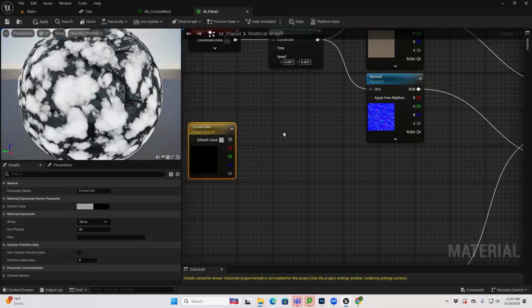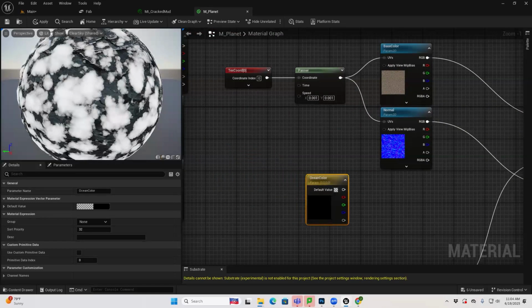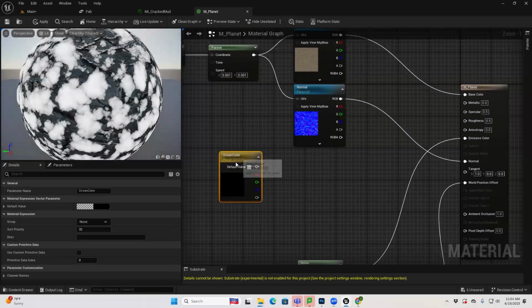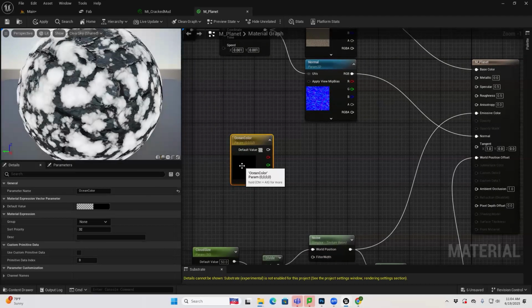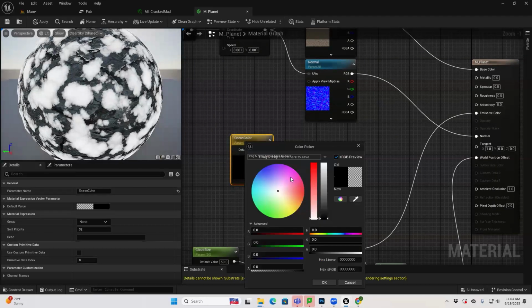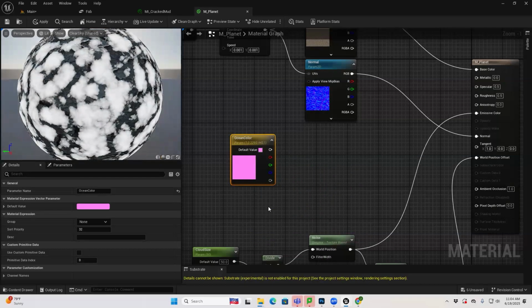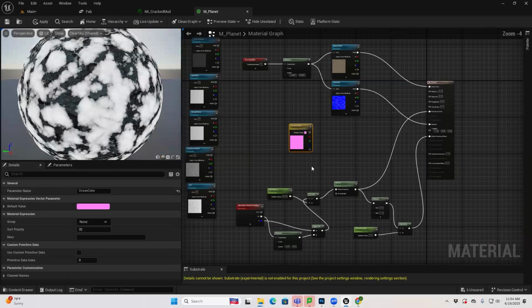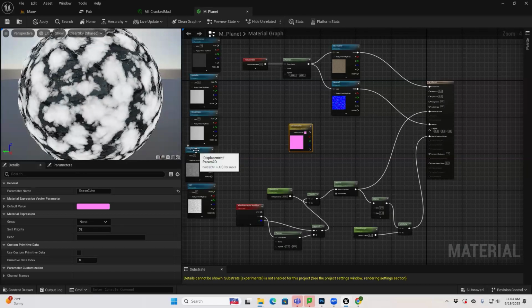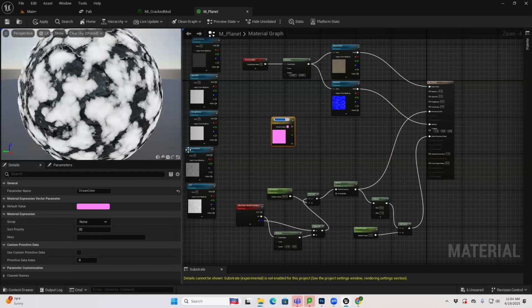right? And now, because I've already used my emissive channel, I want my ocean color. Let's just make it a color so it's not black. I'm gonna make it pink. You can make it blue. Totally fine, right? I'm actually gonna use,